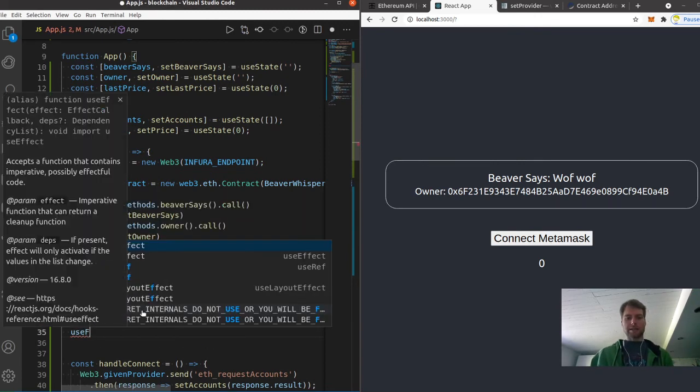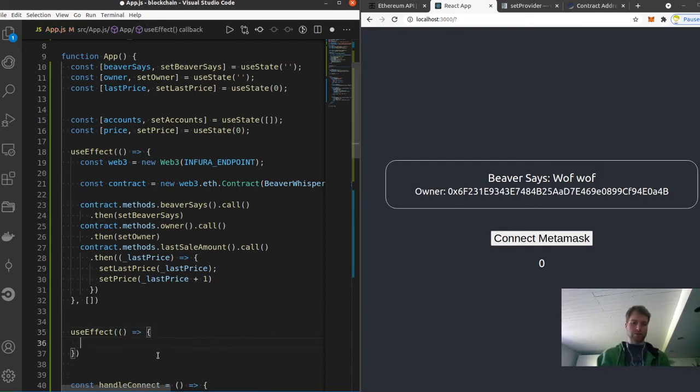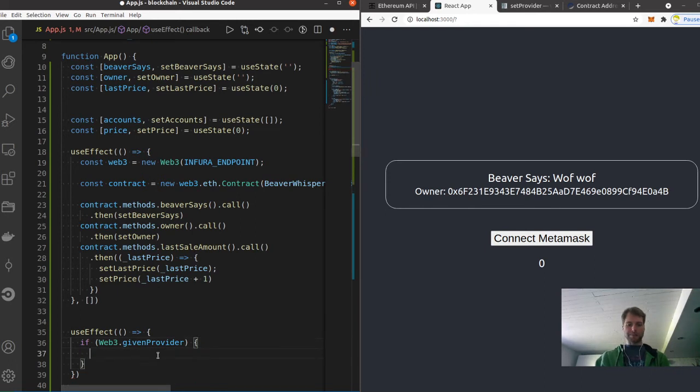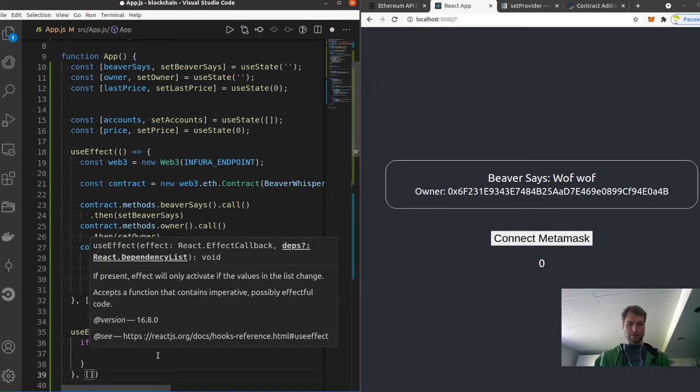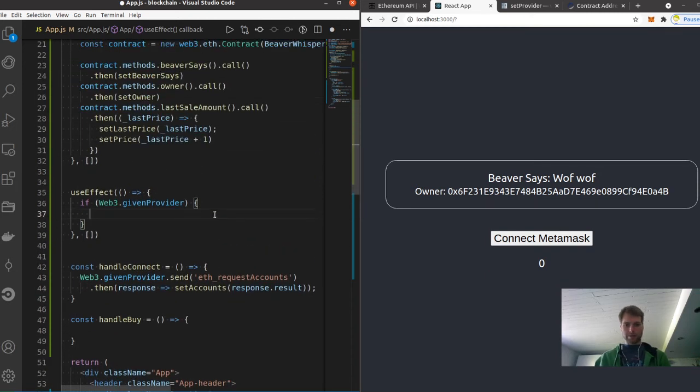Let's use a different effect, just because in the future I'm going to change this a little bit. When the application loads, we can do a little bit of defensive coding here and say if web3 given provider exists, basically. And again, no providers here. We want to say, let's create a web3 instance with this